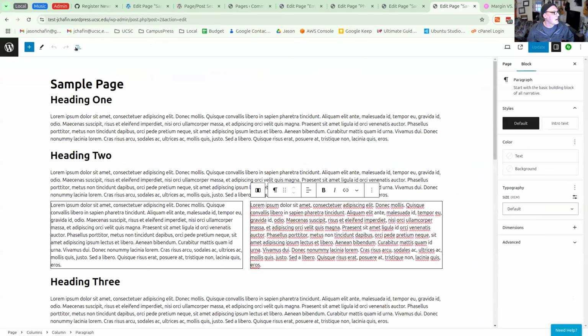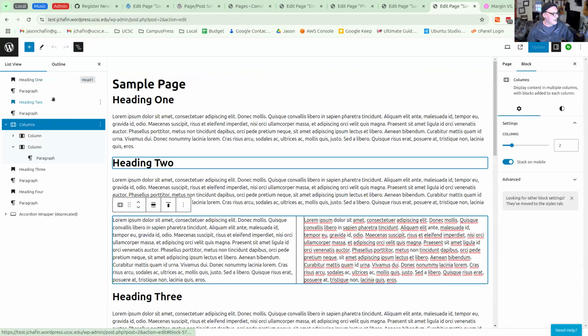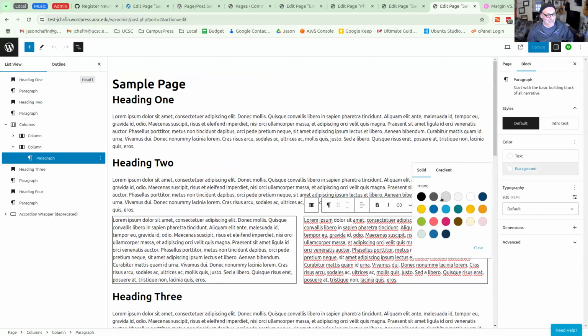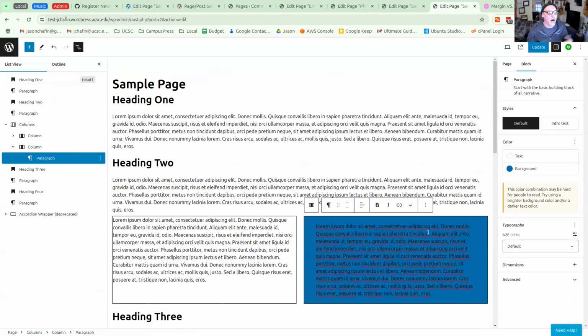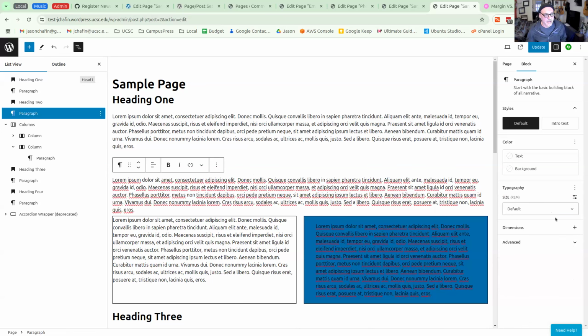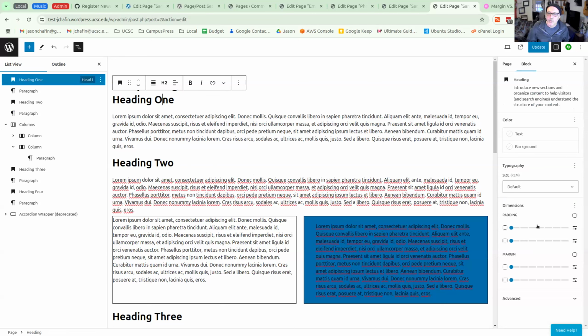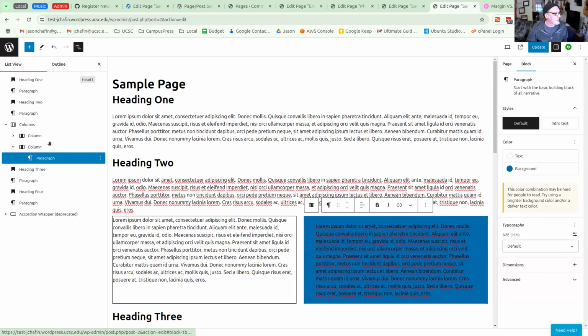So again, I've got my columns here. I'm going to look at this right column. If I just go ahead and add a background, it automatically will add some padding to it. Remember, the padding is the stuff inside the element. You can go into the dimensions section, and I'm in a column. You'll get the dimensions on a paragraph. You'll get the dimensions on a heading. Most blocks will have a dimensions option to them. So I'm just going to go into this paragraph column